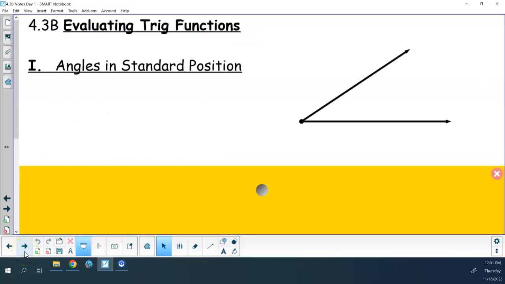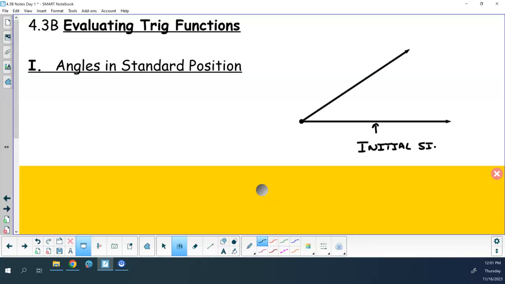So, first part is kind of, I'll be honest with you, you can write down what you want to write down on this. A lot of this is just getting us all with the same vocab and ready to go. Okay? So, an angle has 3 parts to it. The first part that an angle has is something that is called an initial